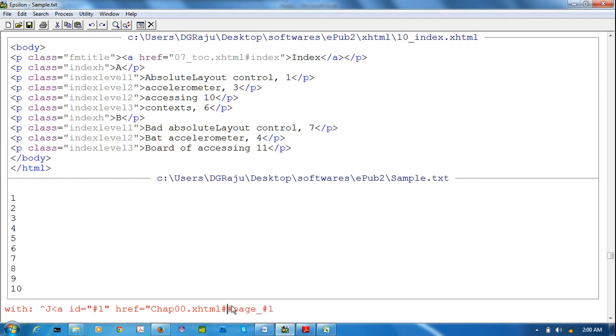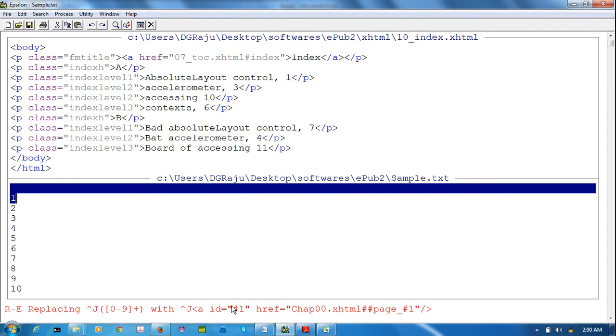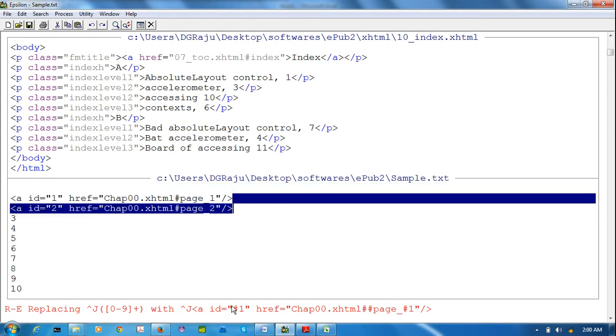But here I am giving double hash. Why? Because in regular expression replacement, double hash becomes single hash.